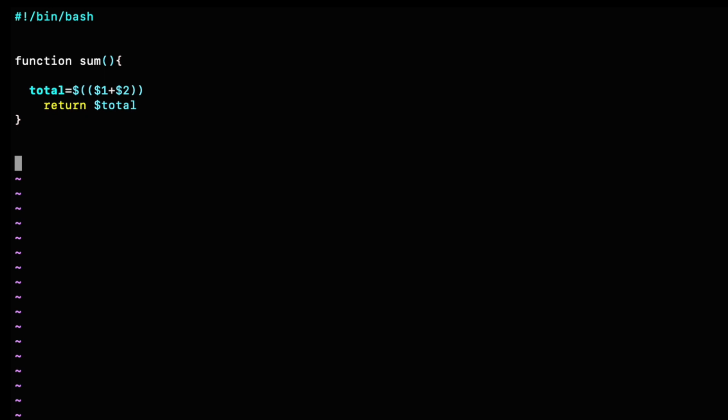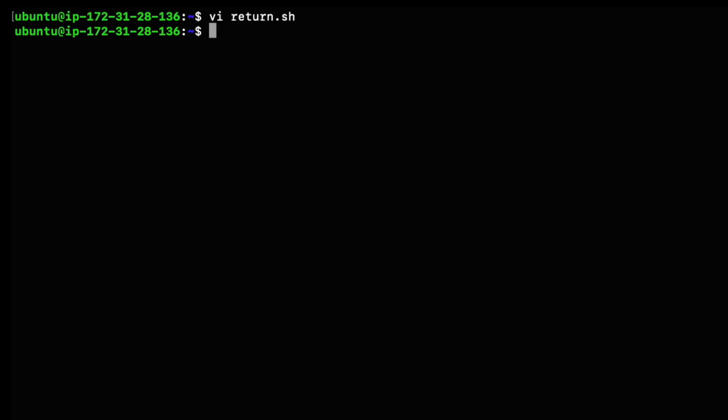So either you can store it in this way, result equals to, by calling the function sum 1 2, correct, and let's try to echo the result. Sum of two numbers are